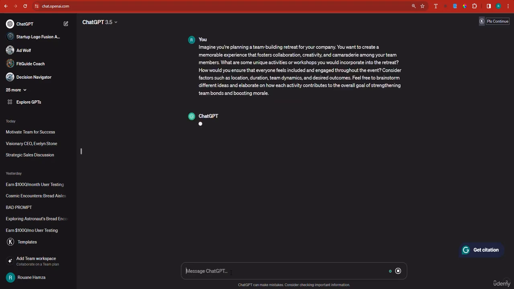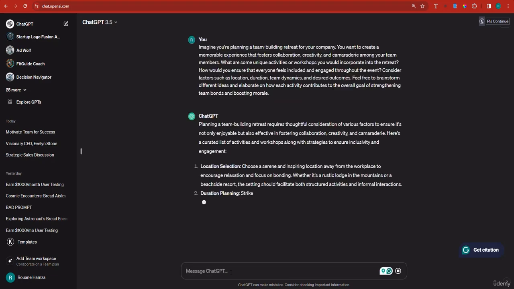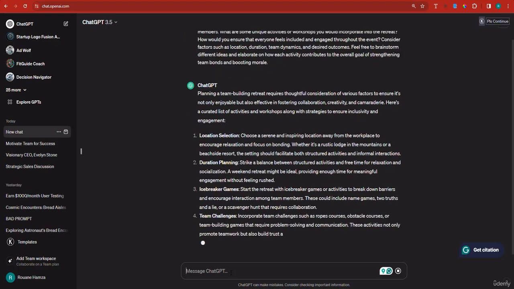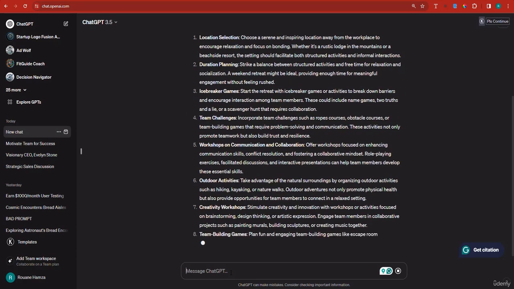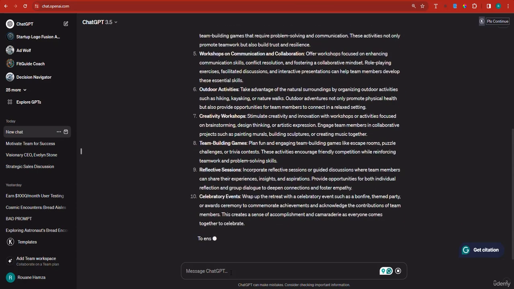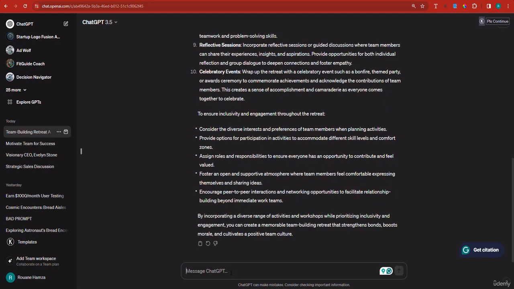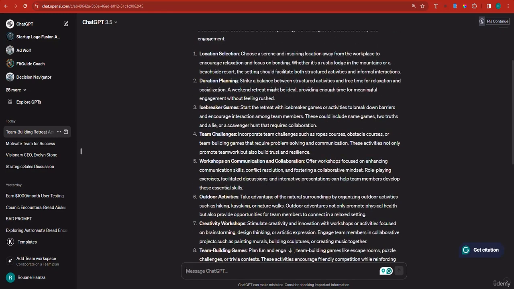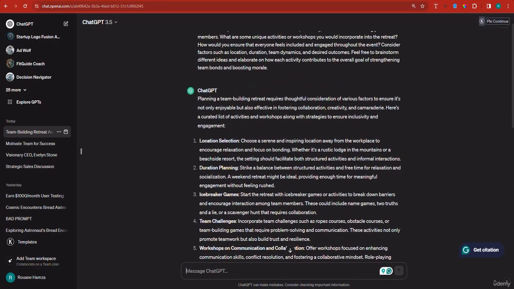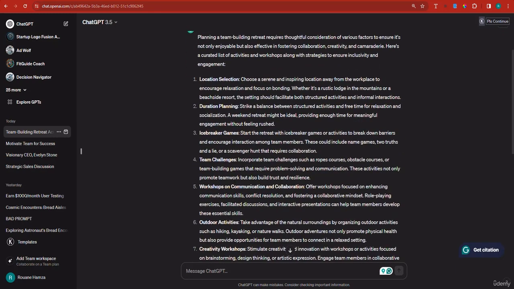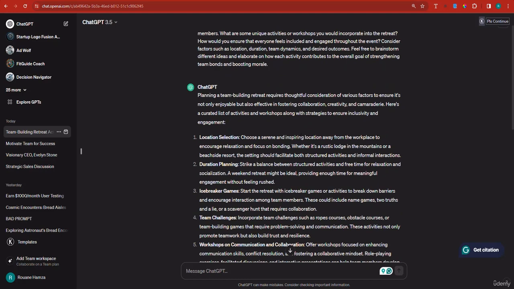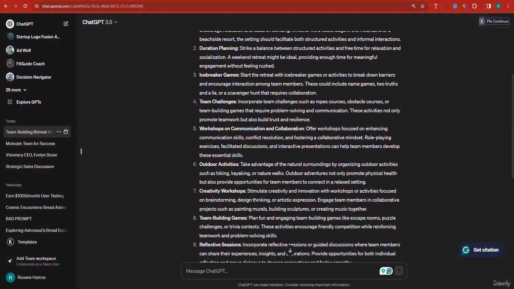And I'm going to click enter. Notice the difference in the response, right? The difference is it provides you with a much more organized answer as opposed to if you take this and change the prompt a little bit, maybe eliminate a couple of elements or maybe describe it your way, and you'll notice the difference. So here is an organized answer and this is how you should go about it.